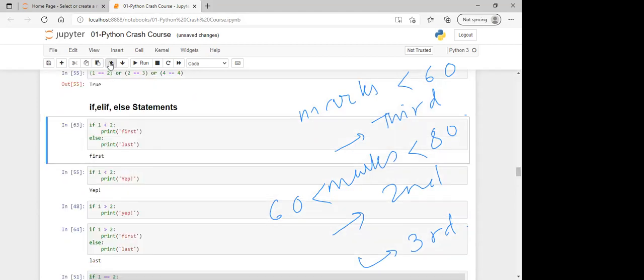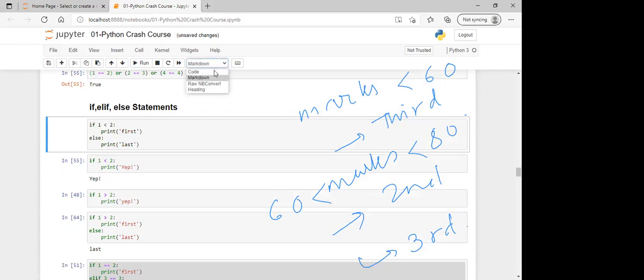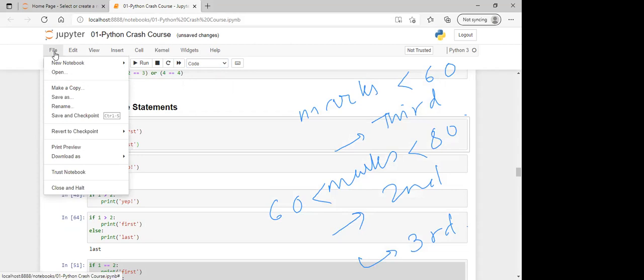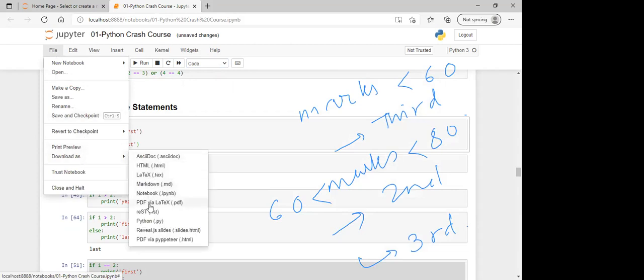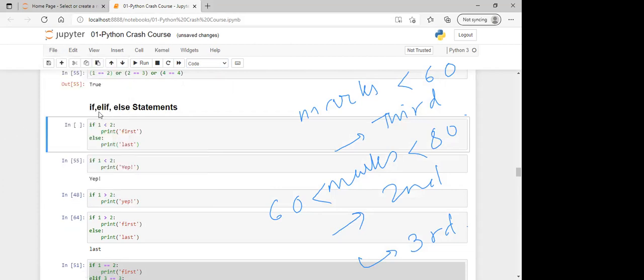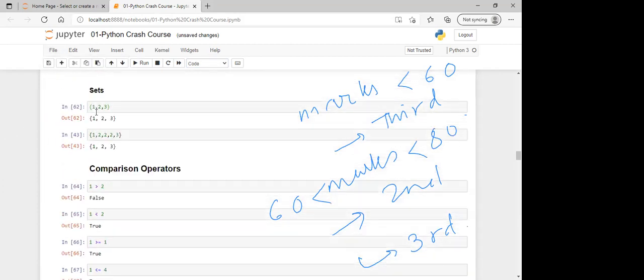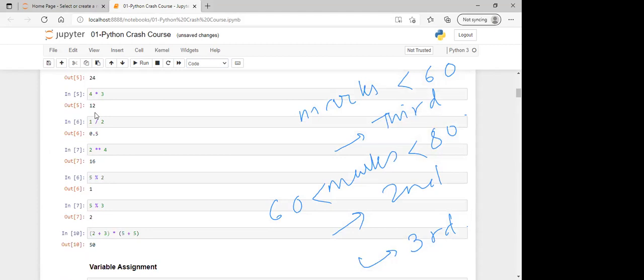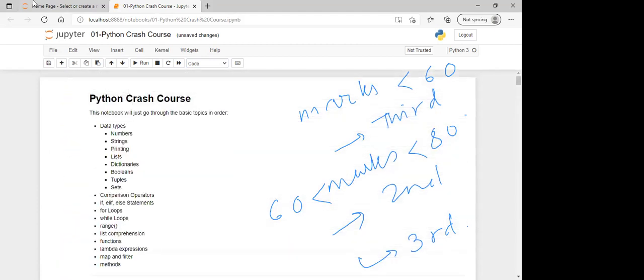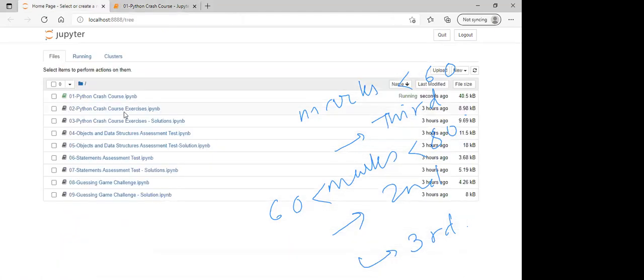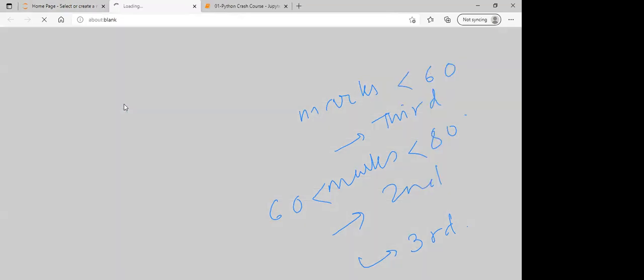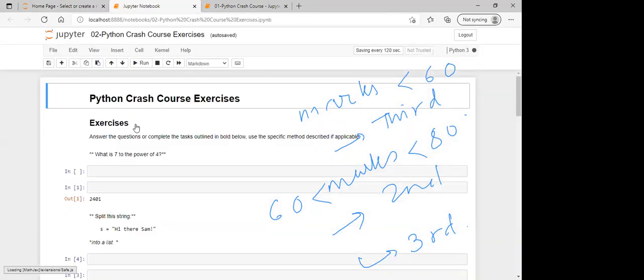Sir, if you can tell us what to do for what day, we can do that. Before every class now I'll explain: this is your homework, you have to do this, and I am sharing the files. In all the notebooks, you can see that all the questions are there, and you just have to write your answers. I also shared the answer scripts, the correct answers. So in any case, if you face any doubt, everything is there.